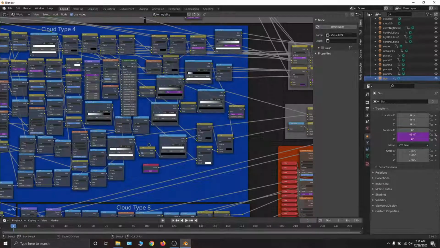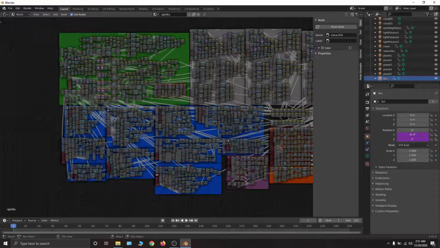And I mean, it's bad. You load this up and try to look at the nodes on a real weak system, and it is a slow process to try and navigate these. If you are opening it up and trying to understand how things are working and learn from them and stuff like that,